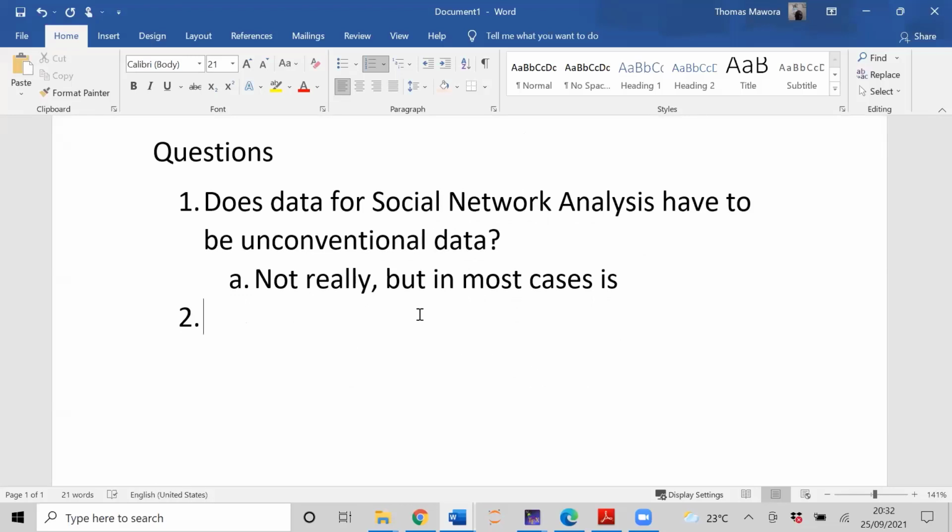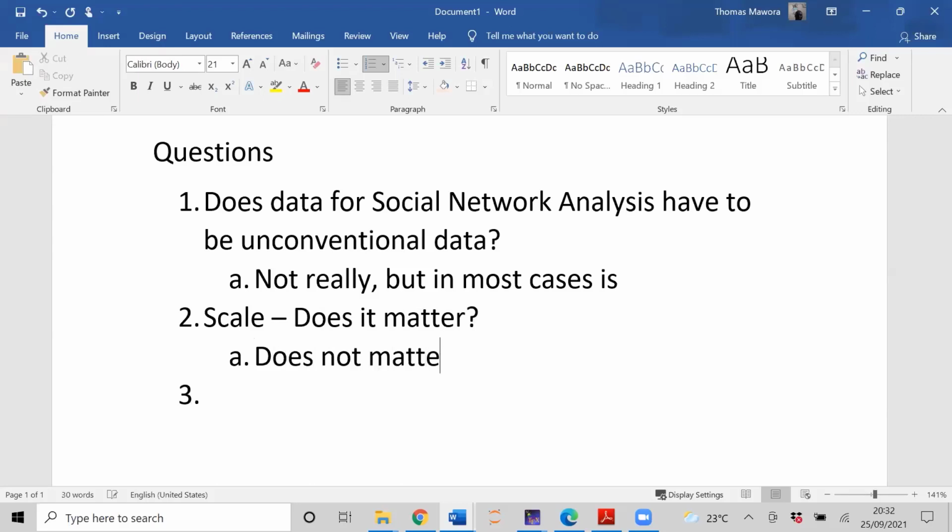I do have a second question. Does the scale matter? For example, if we just want to conduct a social network analysis within Maseno University, does it matter so much, or should somebody really consider it on a larger scale, maybe the whole of Kisumu County or the whole of Kenya? Okay. So the beauty of social network analysis, the scale does not matter. If you look at the example of topics I gave, let me just quickly share. I hope you can both see my screen, let me stop share.